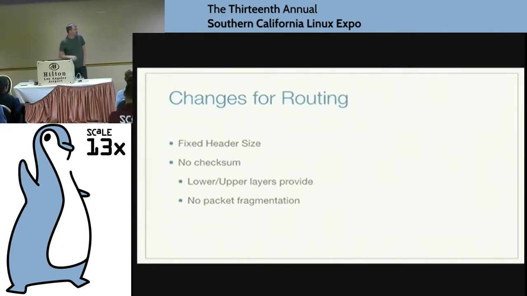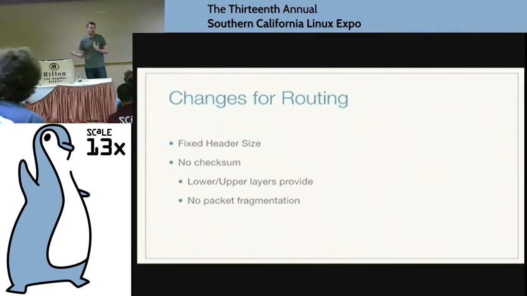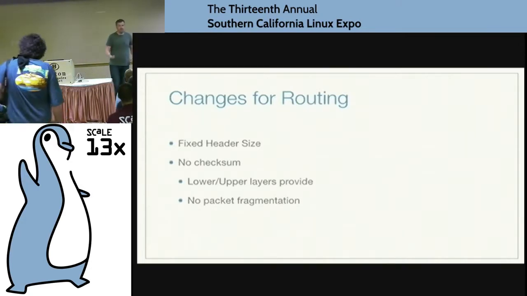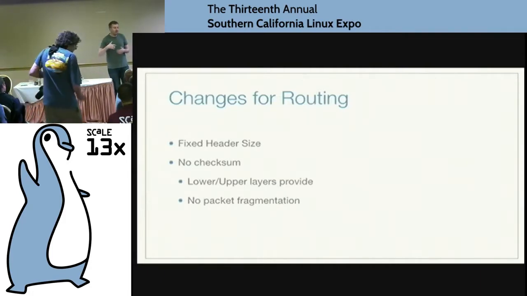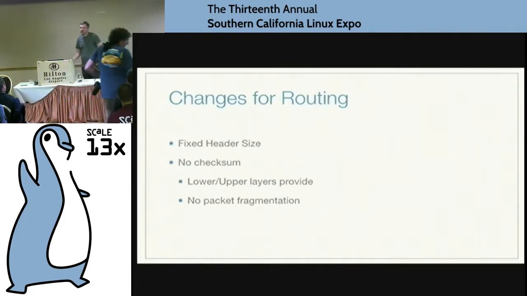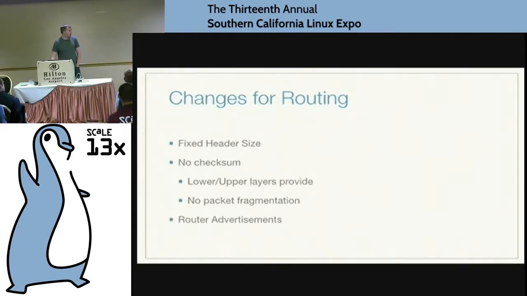Another thing you'll find is that there's no more fragmentation. In a v4 network, if you have a difference in the path sizes and MTU on each side of the router, the router would be responsible for fragmenting unless you set the do not fragment bit. In v6, there is no do not fragment bit. If you send a packet that's too big, you get a control message back that says your packet's too big, and then you're supposed to send something smaller. Now the routers don't have to fragment packets. You don't have to worry about packet reassembly, or what happens if you get fragments.